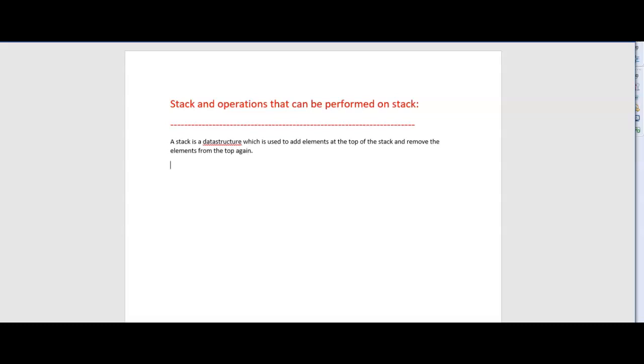Next, we also refer to it as LIFO, that means last in first out principle. Stack follows which principle? LIFO.